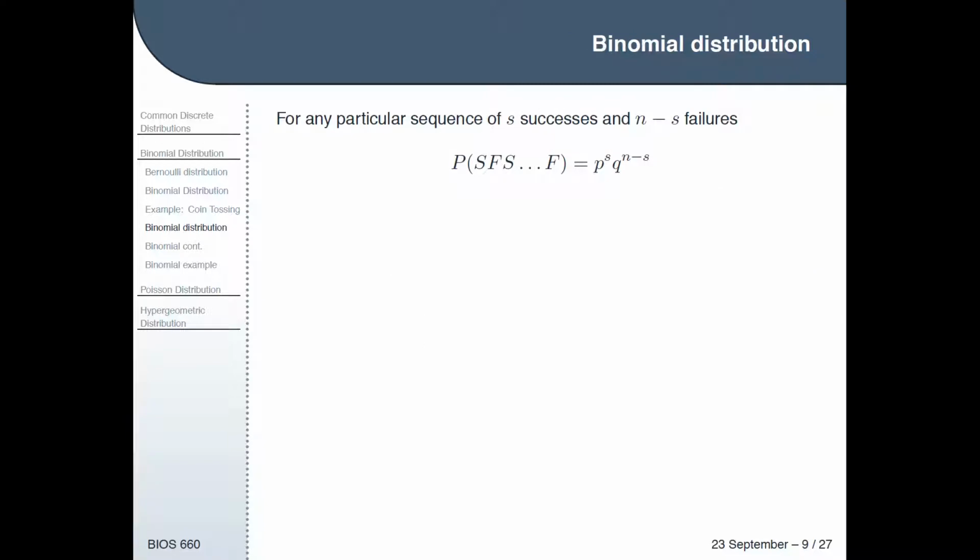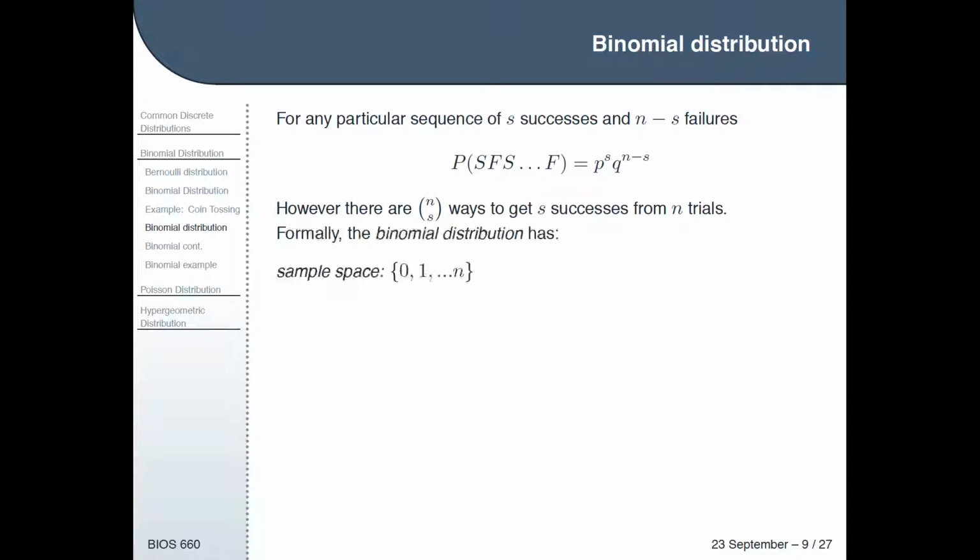So, to generalize this, for any particular sequence where you have s successes and n minus s failures, the probability of that is going to be p to the s times q to the n minus s. However, if you remember from the combinatorics lectures, the number of different orders where you can get s successes from n trials is n choose s. So that implies that the total probability is going to be n choose s times p to the s times q to the n minus s. I'll show that in a second. So formally,